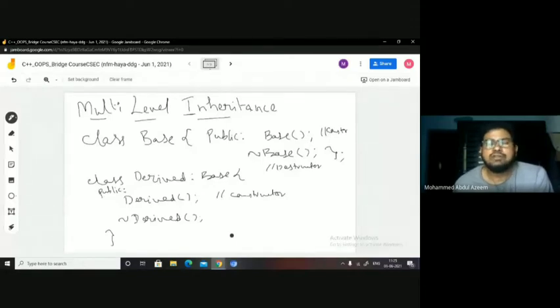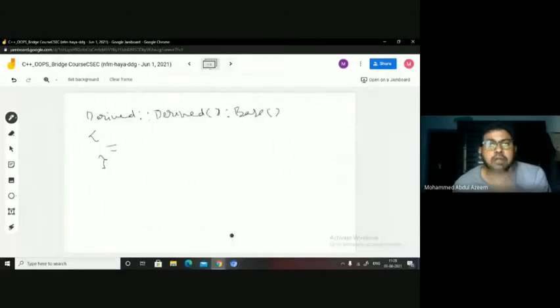Good. Now, if I have constructors in the base class, then how are the base class constructors going to be invoked when the derived class object is created? While you're defining the derived class constructor itself, you're taking the responsibility of invoking the base class constructor in this fashion. So whenever the object of a derived class is created, what happens?